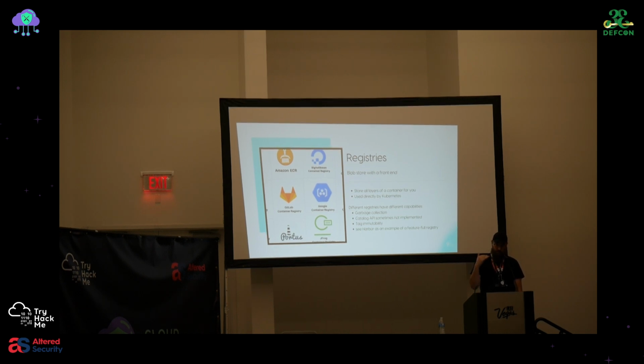Because everything is stored as blobs, and every layer of the container is stored as a tarball in this block storage. And Docker came out with this registry API. It seems nice, but they're kind of like, here's the minimum set of the API you need to implement. If you want to do garbage collection or security, that's all optional stuff.